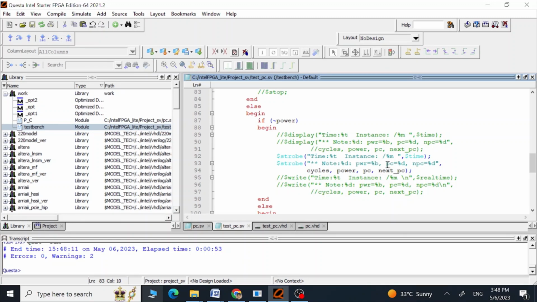Just one thing to remember is that in the case of $display or $strobe, we are going to go to the next line automatically. Like this function is going to implement this, and then it is going to go to the next line to implement this next $strobe. But in the case of the $write function, the line is not going to change. So you can always add this \n. Look here, we are not adding any \n, but in the case of this $write, we are adding a \n here too, so that after executing, this function goes to the next line